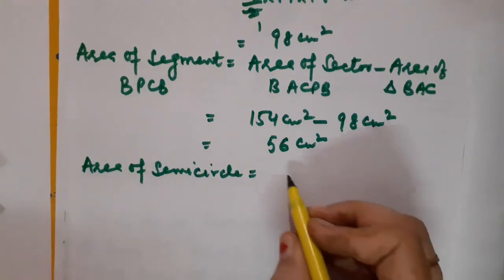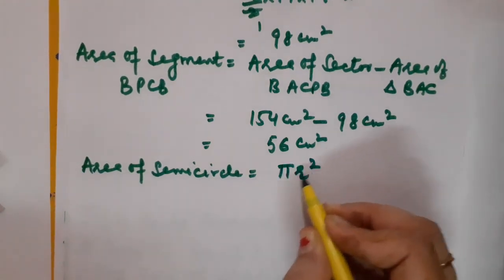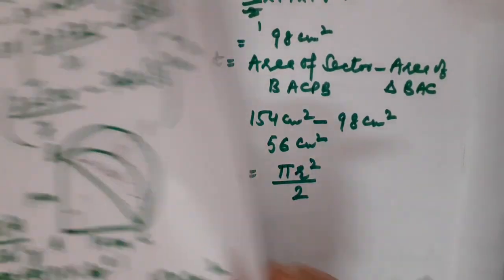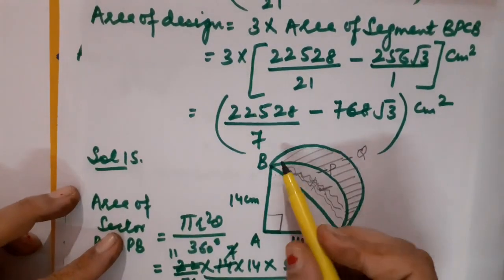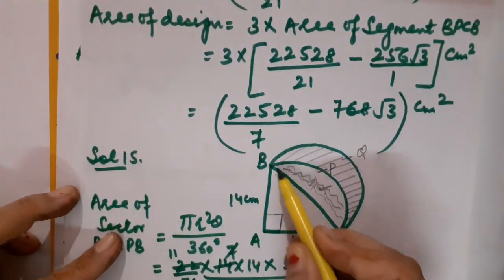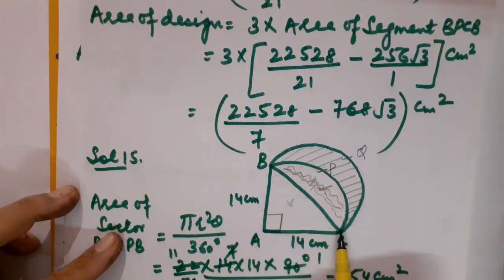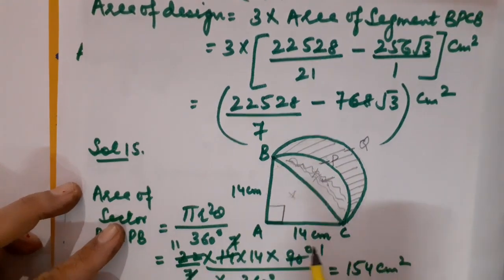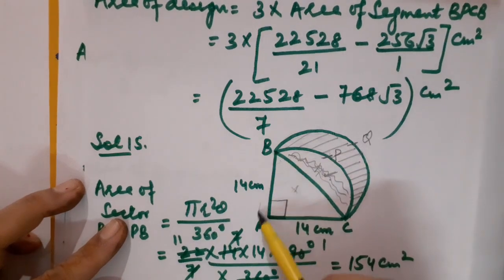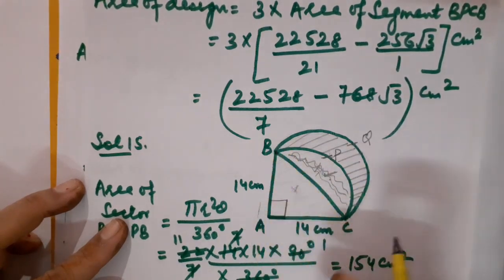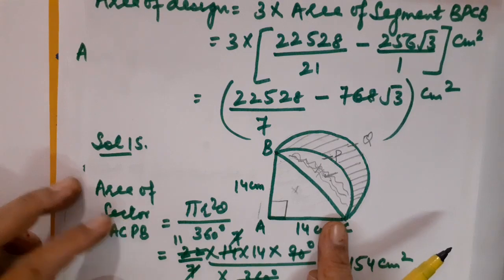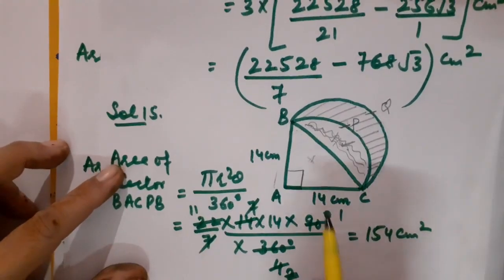The formula of area of semicircle is pi r square by 2. But children, look here. BQCB is a semicircle and its diameter is BC. The length of the diameter we do not know. So applying Pythagoras theorem, we are supposed to calculate the length BC first of all. Okay, so what would it be?